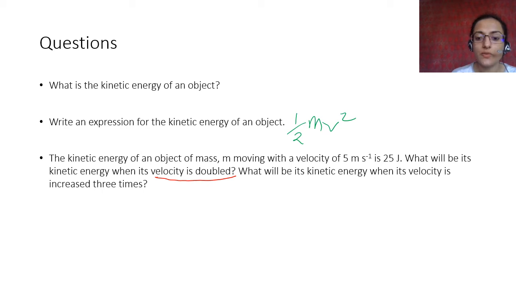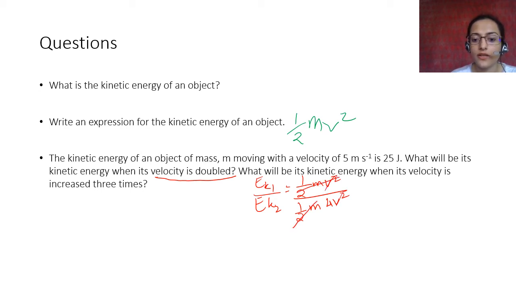So kinetic energy previously, Ek1 is half mv squared, Ek2 is half m into 4v squared, right? So बाकी सब तो cancel हो गया. Now this is 4 times. So Ek2 is equal to 4 times Ek1. Okay. So when the velocity is doubled, the kinetic energy increases 4 times.